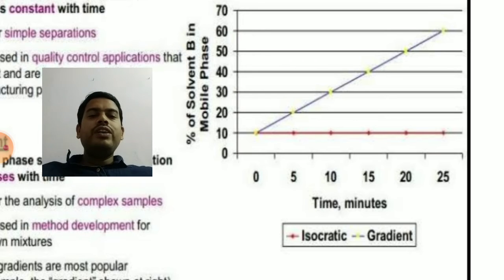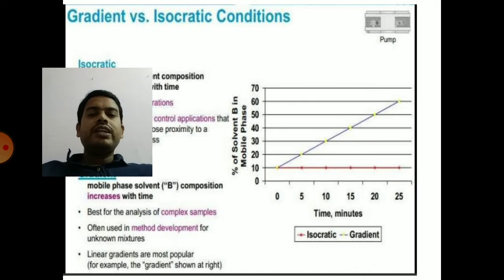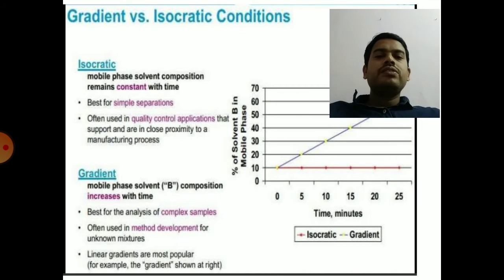These kinds of elution mechanisms are used throughout column chromatography techniques. Whatever may be the column chromatographic technique, whether it is ion exchange, gel permeation or high performance liquid chromatography, you can follow either gradient elution or isocratic elution. So that is the difference between gradient and isocratic elutions. So that is molecular exclusion chromatography.